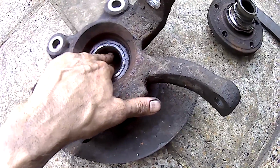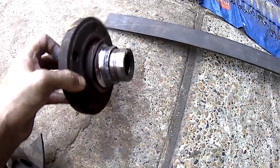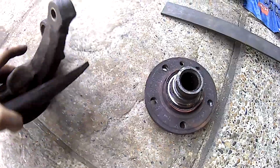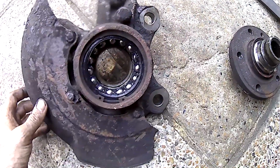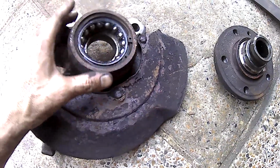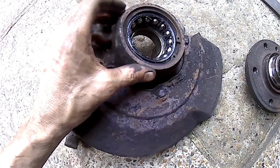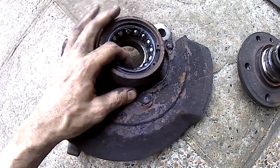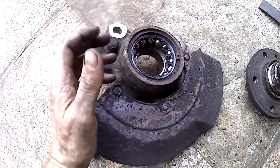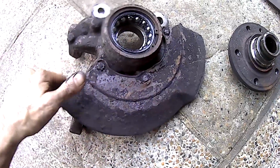This bearing wasn't great. Part of the inner race is stuck to that part of the hub, and part of the outer race is in that other half of the hub. So I need to get that circlip out, and I'm struggling because this all seems to be seized in. So I'm going to take this down to the garage and see if they can press it out and press a new one in and help me out,